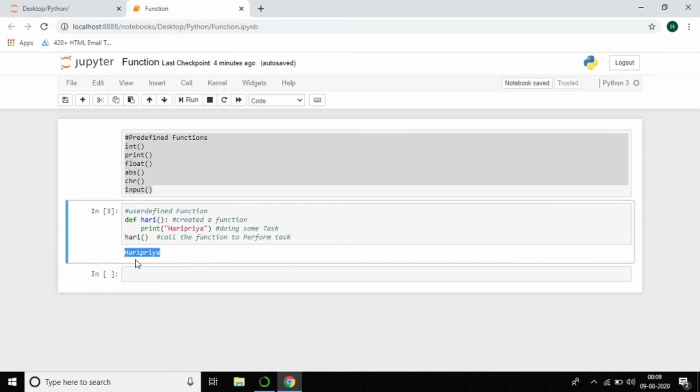Why are you unnecessarily creating a function and printing again? What is the use? You could write print Haripriya directly and automatically get the output. But why am I writing this?